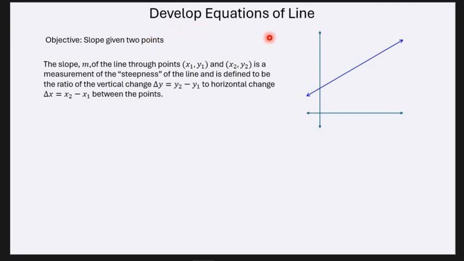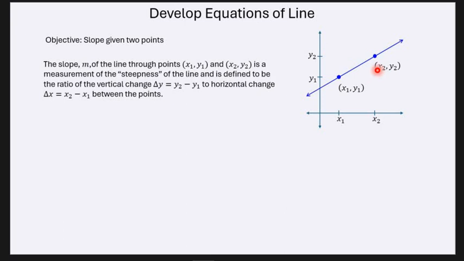Develop equations of lines. The first objective is finding the slope of a line given 2 points on the line. The slope m of a line through points x1, y1 and x2, y2, which are pictured here. So you see x1 is just the x value of the first point, y1 is just the y value of the first point, x2 is just the x value of the second point, and y2 is just the y value